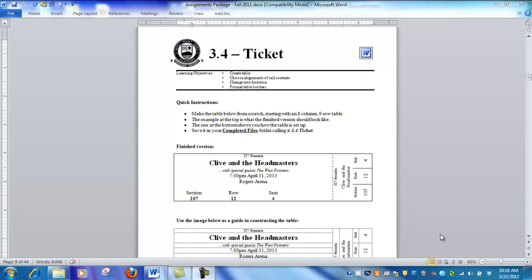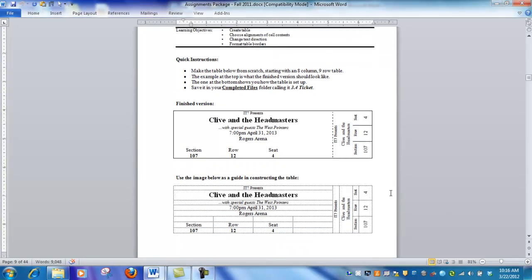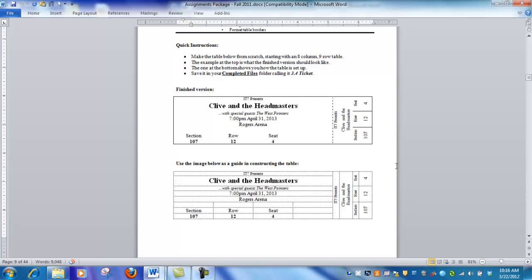This is the instructional video for assignment 3.4, ticket. In this assignment you're creating a ticket for a fictitious special event that is made on a table. The table is shown in its finished version in the middle of the document, and in this finished version you